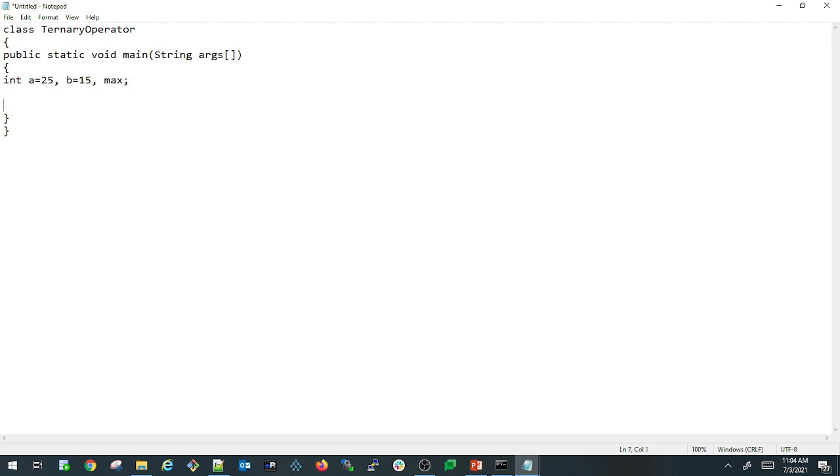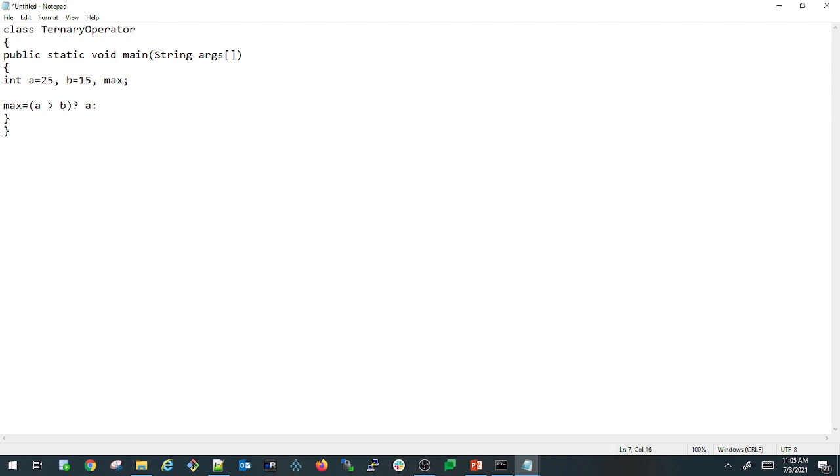Let us write a ternary operator for the same. So max equals, the ternary operator syntax, here I'm assuming a greater than b. If that is true, assign a to max.